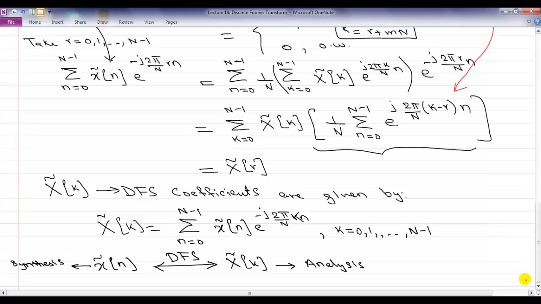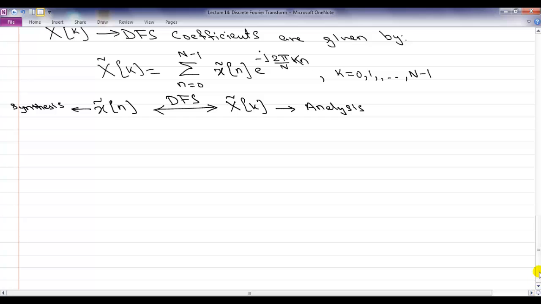So let's just do a simple example to help us understand this. This part of the discussion is all in chapter 8 of your text. Just look at example 8.1 because we'll need it later. It's a good exercise to compute the discrete Fourier series coefficients of a simple periodic signal. So example 8.1 in your book